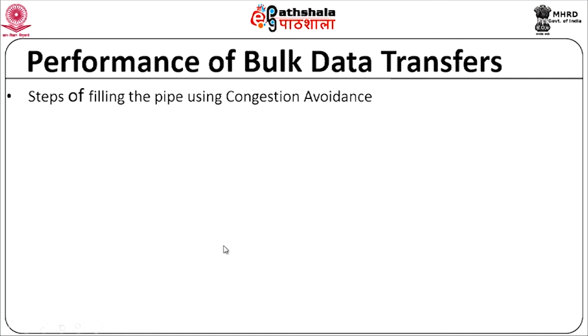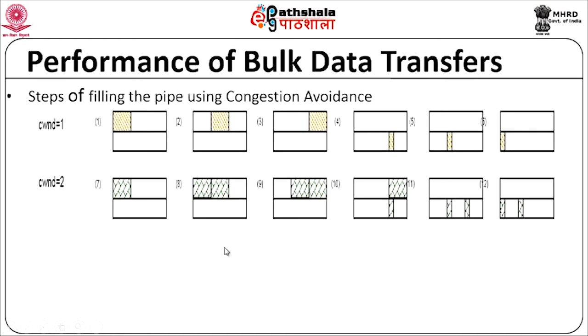Now, to understand how this will happen, let's say we have AIMD in place, with Tahoe or Reno and the congestion avoidance mechanism. Let's see how the filling of the pipe actually takes place. Typically you will start with a congestion window of 1, so the pipe is really not very full, as you can see in this first picture. The packet reaches the other end, and until you get an acknowledgement back, there is no data transfer taking place. Next, you increase the window size to 2. Now you can see there's better utilization of the pipe, more data is filling the pipe.